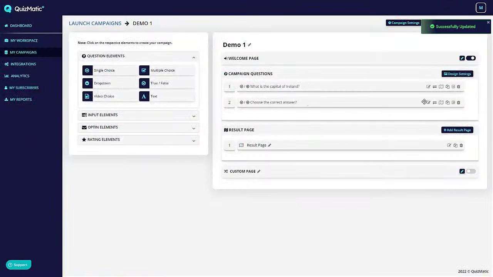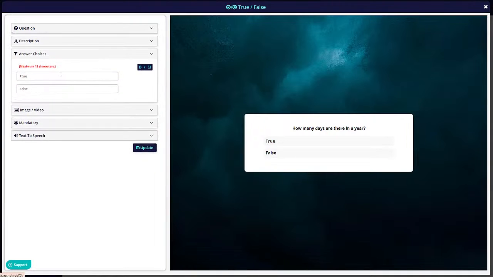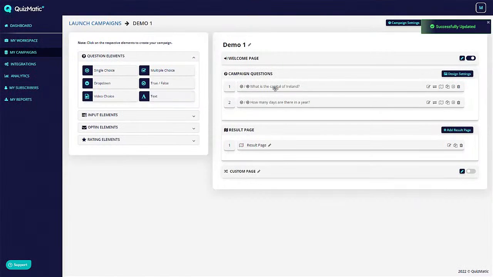Then we'll edit the second question as well. We'll say, how many days are there in a year? I'm just adding demo nonsense questions really, just to simply explain how this works and what it does. So we click update. So now at this point we've got some questions, and you can imagine if you had like 20 questions,